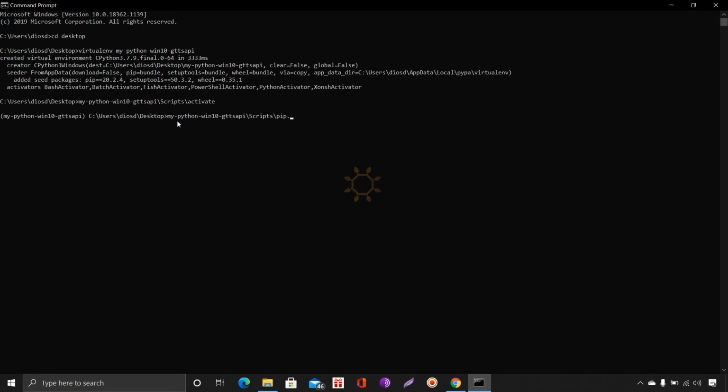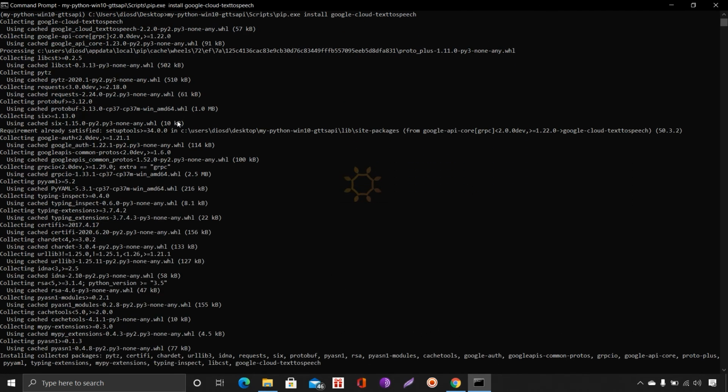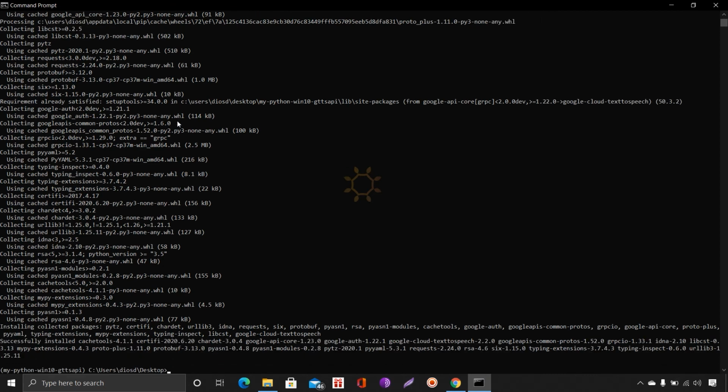Just type pip.exe install google-cloud-text-to-speech. Now it is installed perfectly.